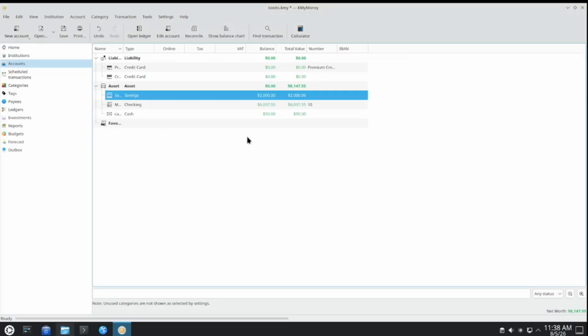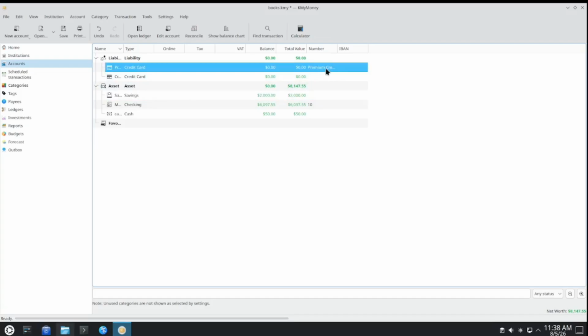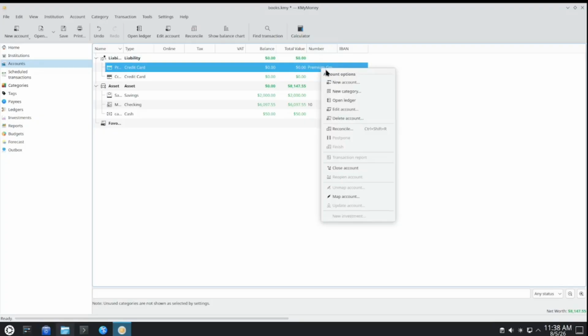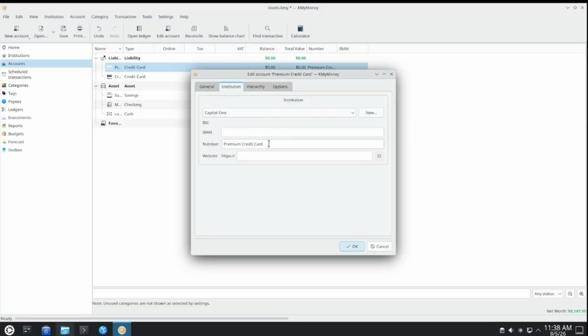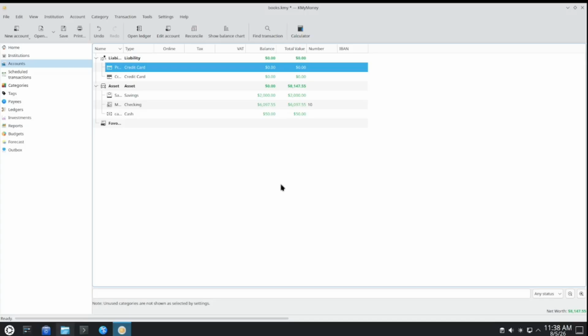Alright, so now we have two credit cards, and I actually made a mistake here, so I'll fix that really quick. I put premium credit card underneath the number field. So I might not be able to change that actually. Oh yeah, here we go. Number. I'm going to change that to nothing. I'm going to press OK. Alright, so now we have two credit cards underneath liability,